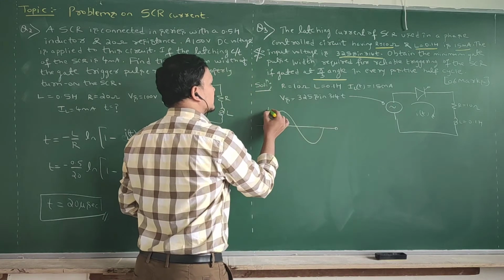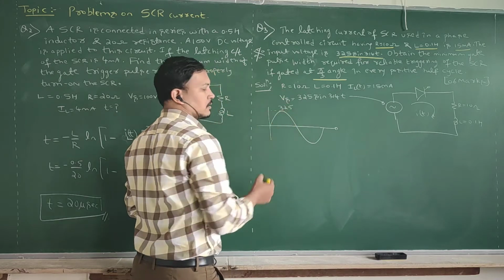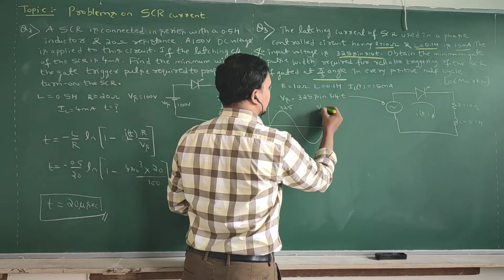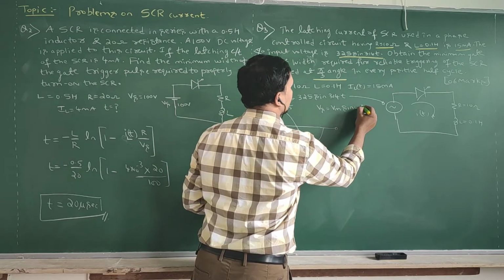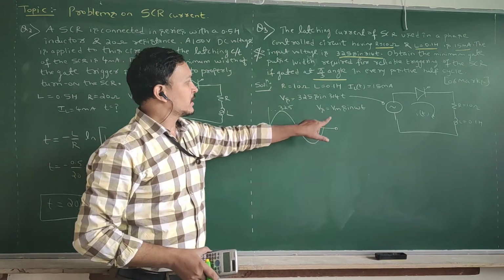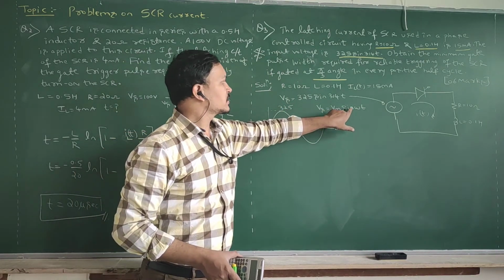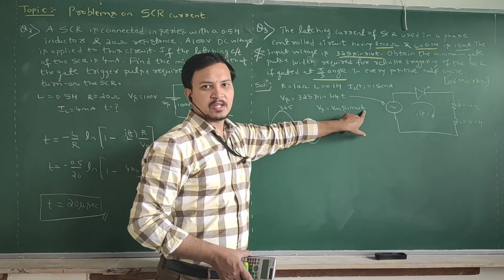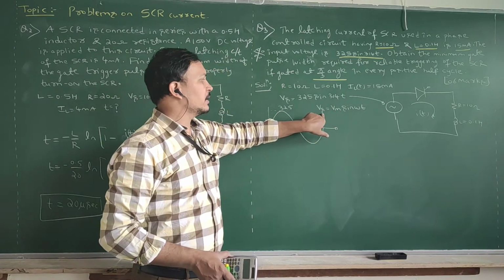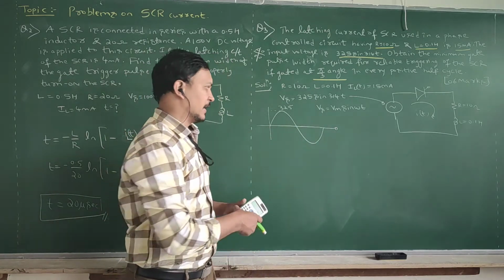Okay. What is the peak value we are having? 325 volts. What is the general equation? You studied in basics, Vs is equal to Vm sin omega t. Compare this. The maximum voltage, the peak value, is 325. Omega is what? 314. Okay. By substituting the instantaneous time, we can find the magnitude of Vs at the corresponding instantaneous time.